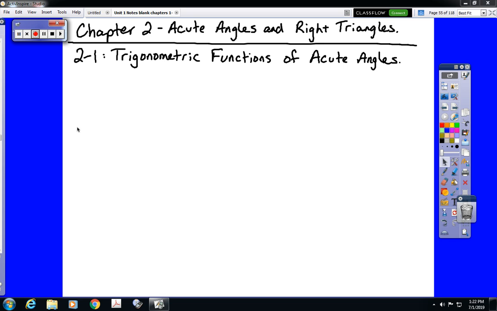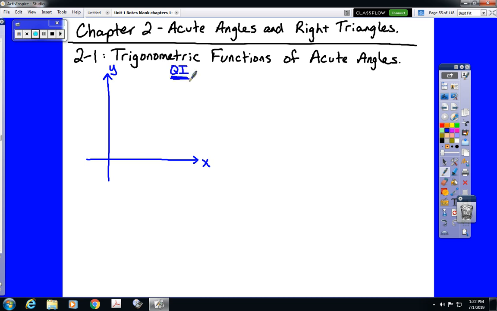So, the section itself is entitled Trigonometric Functions of Acute Angles. Now we should know from a previous section that acute angles are angles less than 90 degrees. So in terms of the big picture, what we're talking about is angles that terminate in quadrant 1. Now we're going to be using that same basic idea that we've been using. That is that the vertex of our angle will be at the origin,